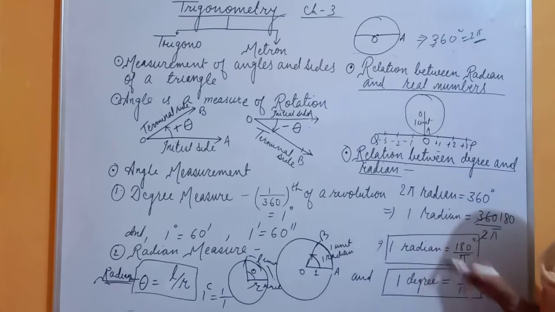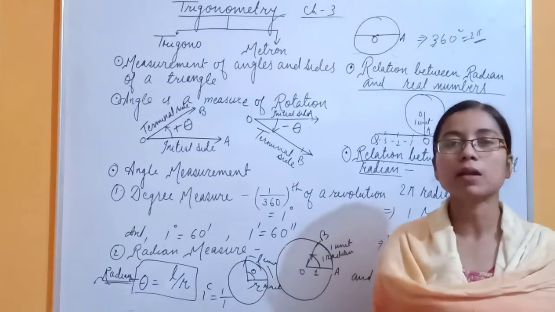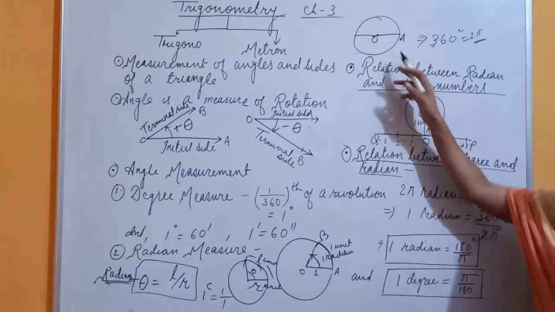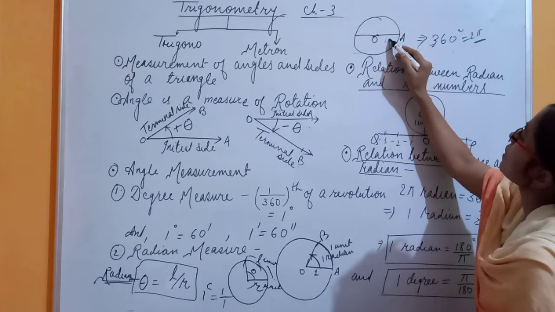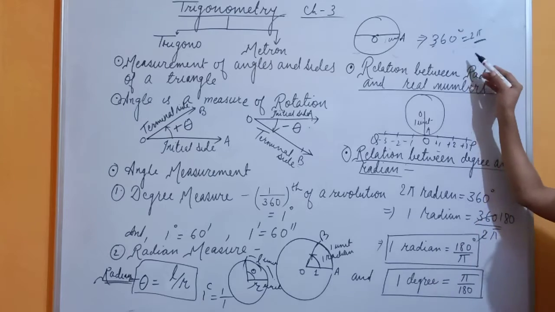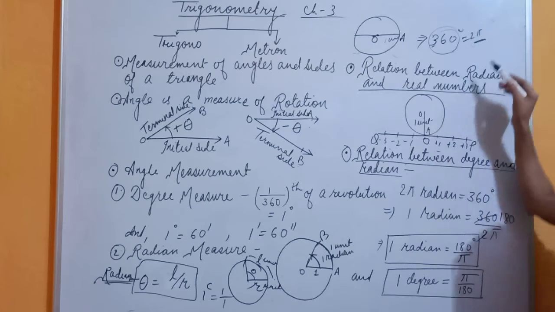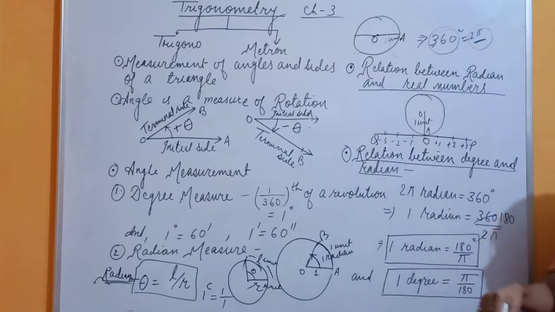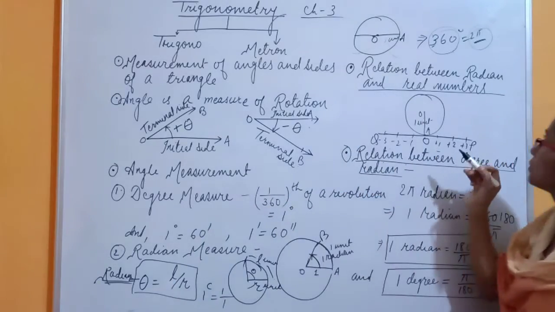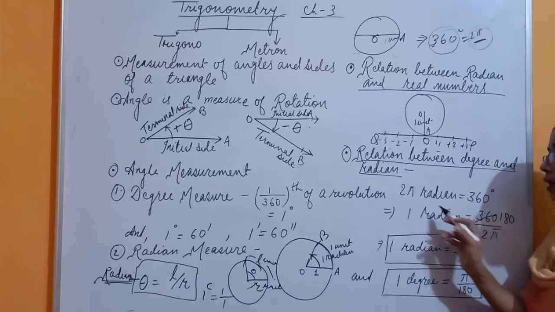Why has it become so? Because you have drawn the unit radius and you are considering everything related to the unit radius. Suppose this is a circle of 1 unit radius. In degrees it is 360 degrees for one revolution, and that gives 2 pi r, because one revolution is equal to 2 pi r. So 2 pi r means 2 pi radian is equal to 360 degree.